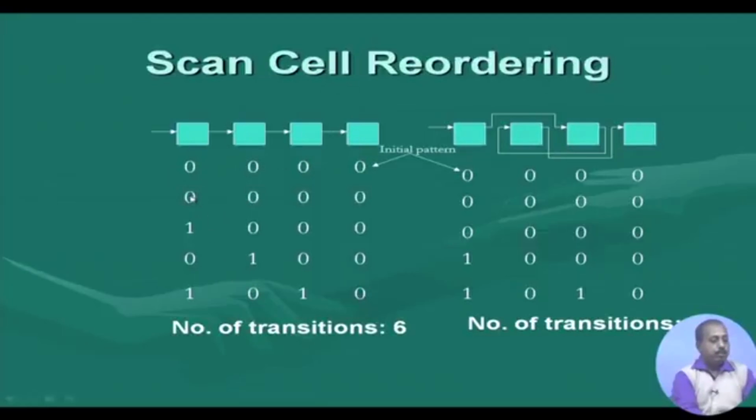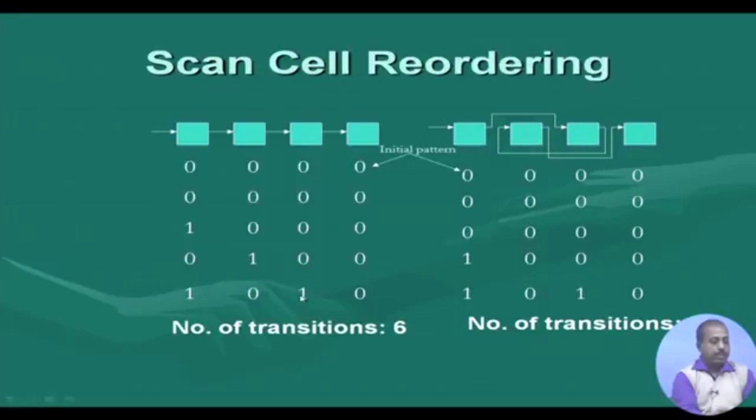So this 0 comes here, then this 1 is shifted. The 1 comes here and 0 goes to this point, then again this 0 is shifted. So, 0 comes here, 1 gets shifted and this 0 also gets shifted, and finally this 1 comes into the scan chain. If you compute the number of transitions, there are 1, 2, 3 transitions, 4,